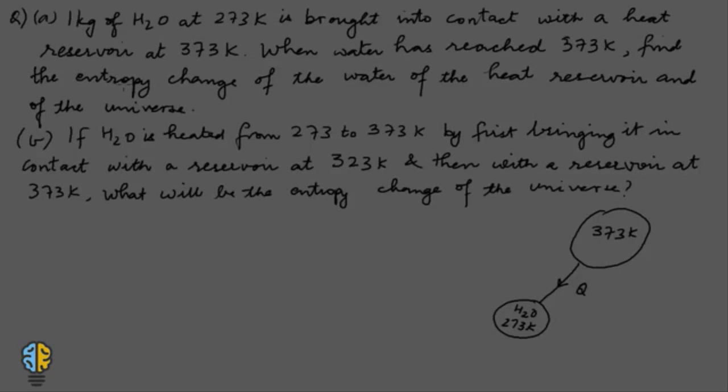This is question number 1 from the topic of entropy, and it has two parts. The first part says 1 kg of water at 273 Kelvin is brought into contact with a heat reservoir at 373 Kelvin. When water has reached 373 Kelvin, find the entropy change of the water, of the heat reservoir, and